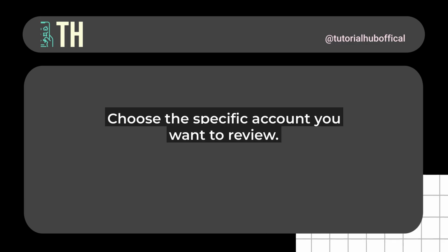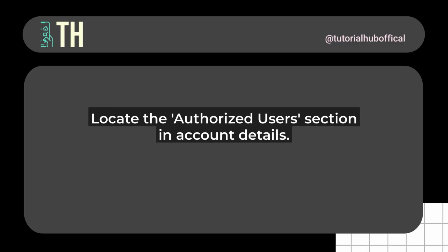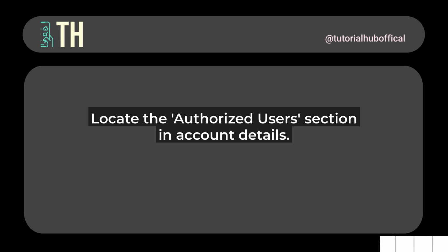Once you're in the account details page, scroll down or look for a section labeled Authorized Users or Account Access. This might be under Settings or Manage Users. Tap or click on it, and you'll see a clear list of all authorized users linked to that account. You'll find details like their names, contact information, and the level of access they have, whether it's for viewing only